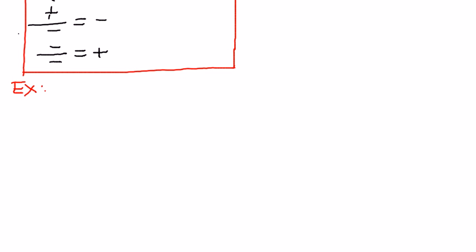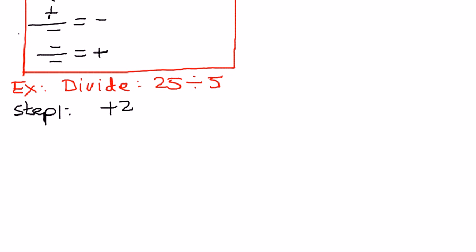In here, let us take an example. We want to divide 25 by 5. We'll write them down in steps. Step number 1, we have a positive 25 divided by a positive 5. That is what it means. When we do not have any sign in front of the numbers, the positive sign is implied. So we say a positive number divided by a positive number is going to be equal to positive. And then as step number 2, we come back and then say